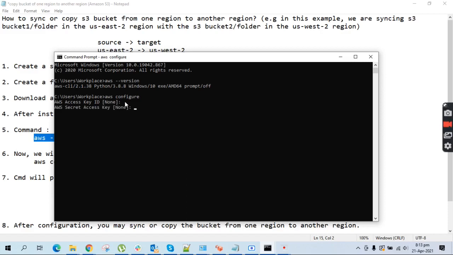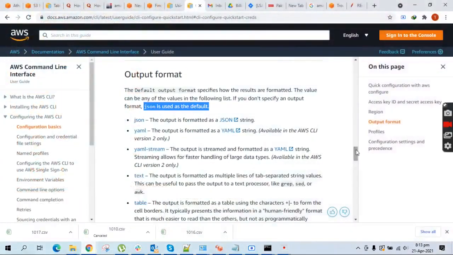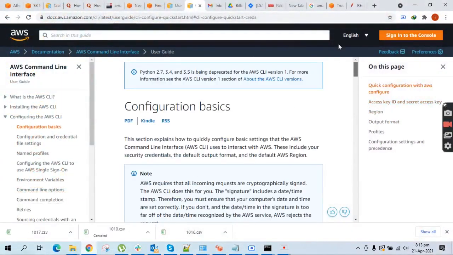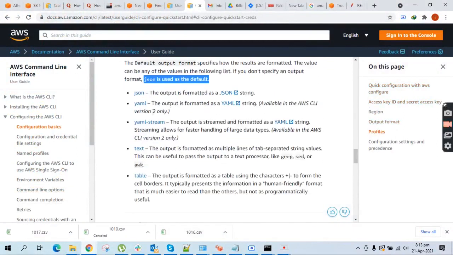We will enter the default region name, in our case US West 2, and the default output format. It can be JSON or YAML. You can see it in the Amazon configuration documents. The output format may be JSON, YAML stream, text or table.